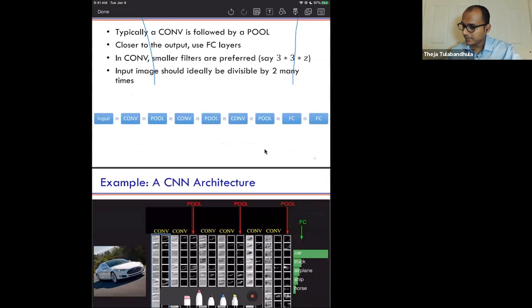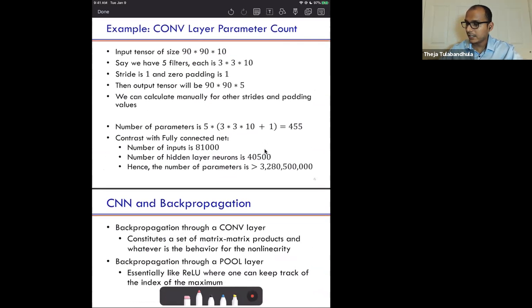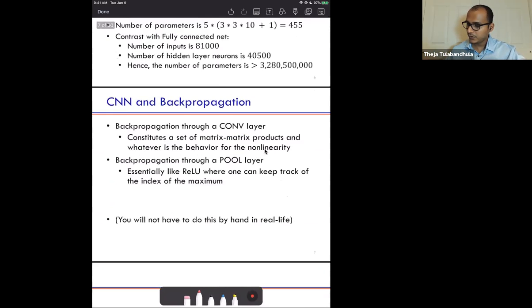Let me skip this recap. So you can refer to this slide to get a sense of why there is a reduction in parameter count, and really intuit why having too many fully connected layers all the way from input to output will really blow up the number of parameters you need to update or train. Okay, so